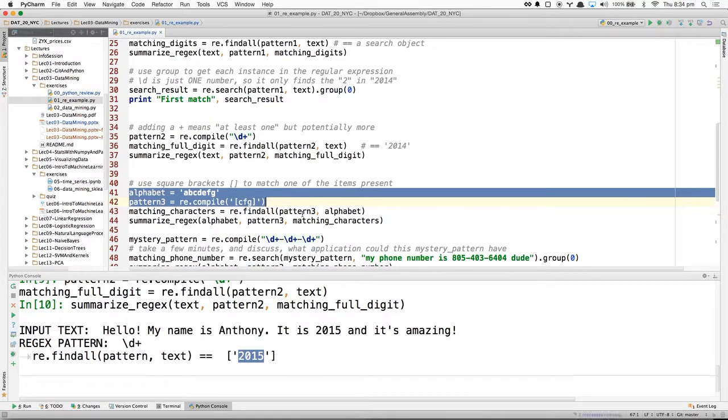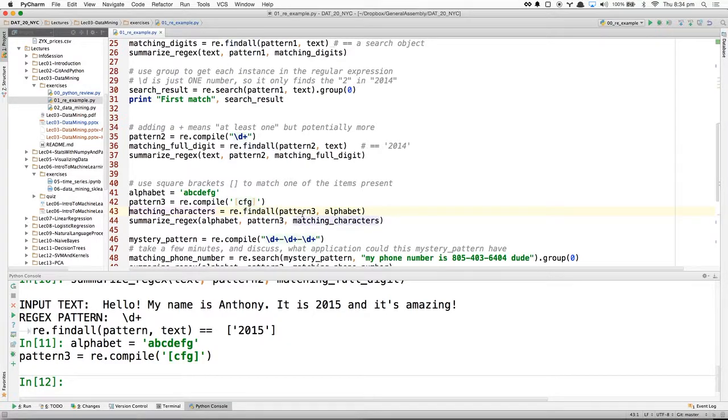So, given basically just the first seven letters of the alphabet, what do you think this find will return? So alphabet is just the first 7 letters of the alphabet. My pattern is just this CFG. What am I going to find?